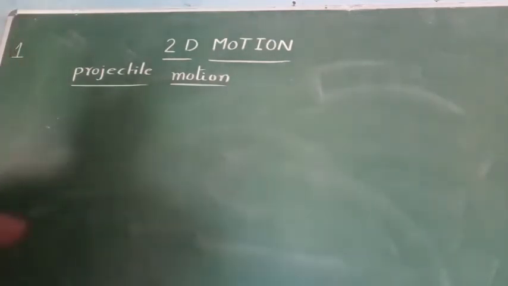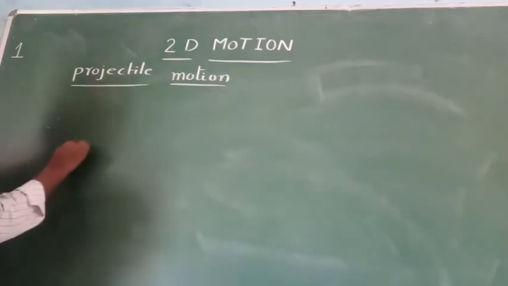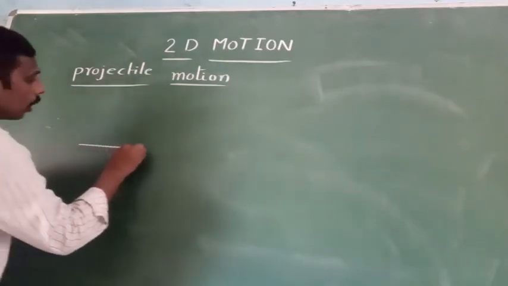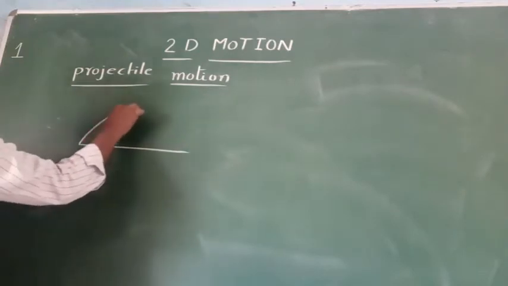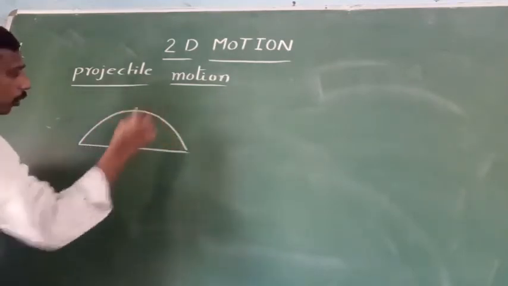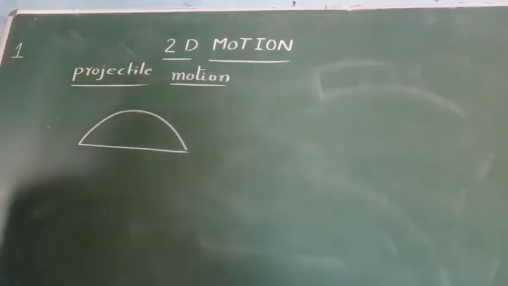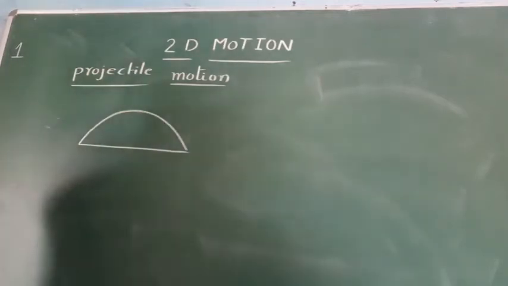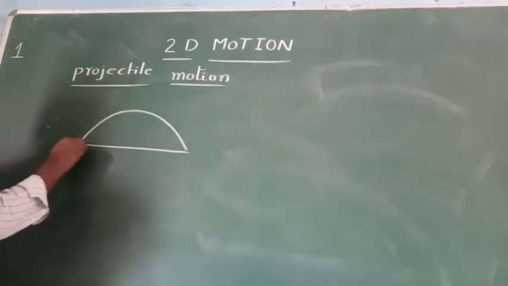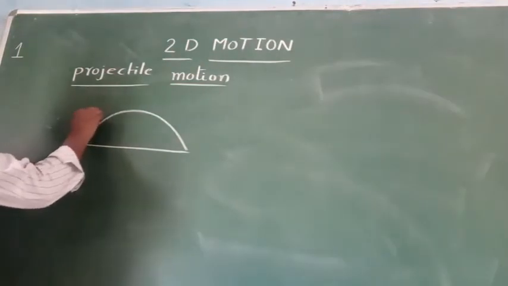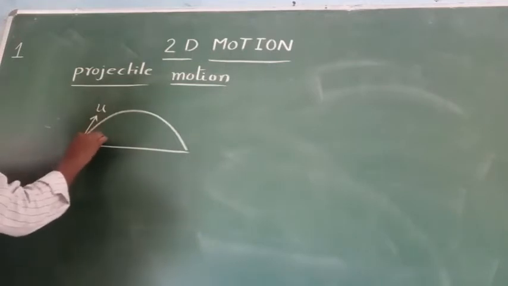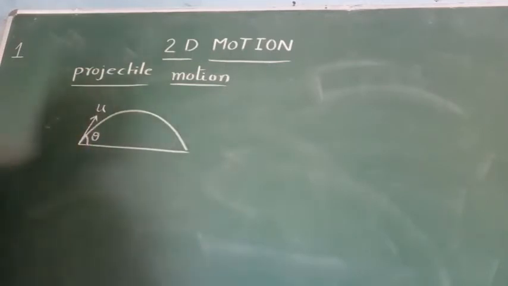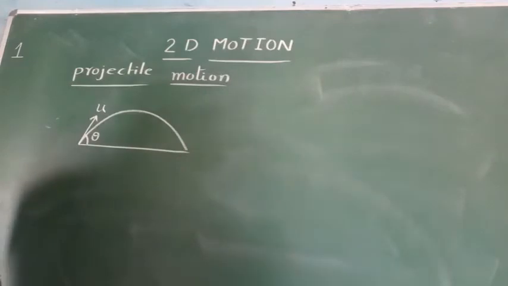In that, one is if a body is thrown from a horizontal surface, the body travels like this and reaches the ground. This is called oblique projection. Here the body is projected with velocity u, making an angle theta with horizontal. And the next, second one,